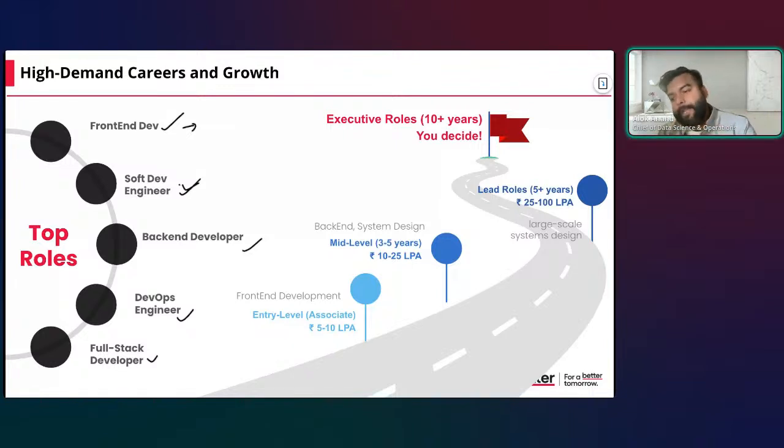Now, third is backend developer. In this case, when I say somebody will code the user interface which you use, somebody else will be designing the backend of it: the data storage, security, all those aspects about cloud, all those things are handled by backend developers. One person cannot have all the things, and as a fresher, when you start off, you just have to focus on front end development, and as you get experience, you move towards backend or system design, where you design how everything should be stored and managed.